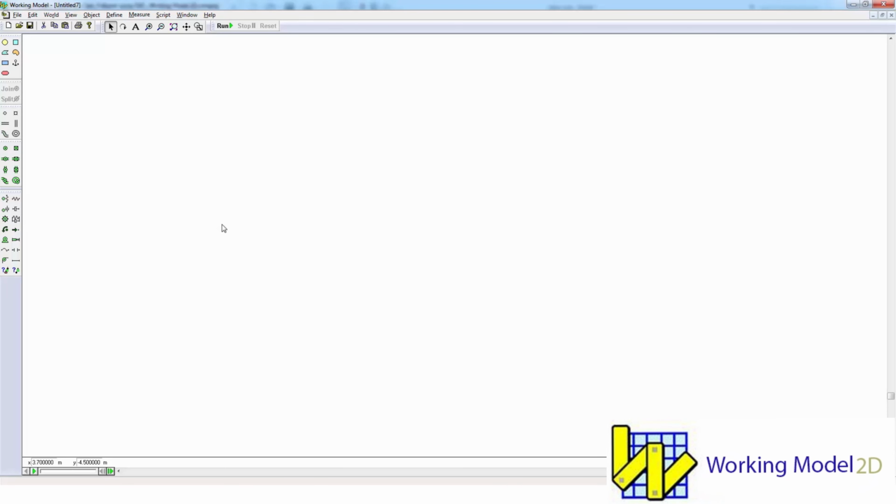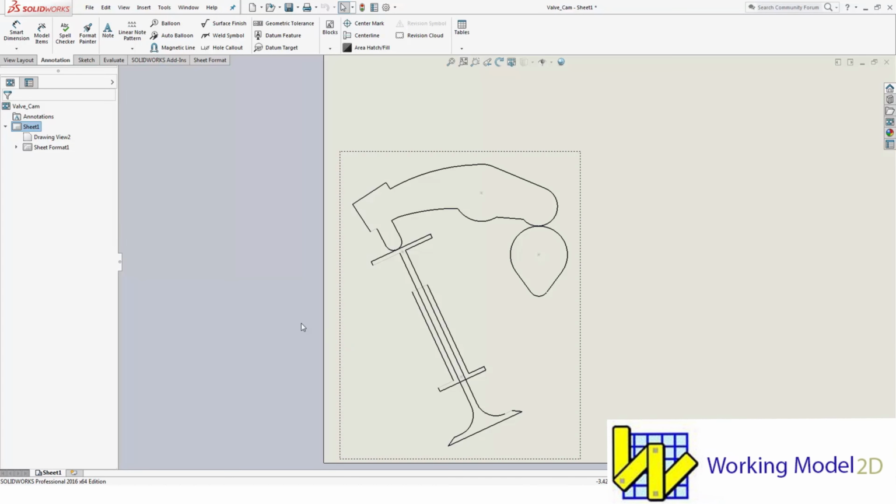So let's go ahead and get started by taking a look at our DXF geometry we have for this example. I'm running SOLIDWORKS in this particular case. It's not necessary that I run SOLIDWORKS, as we can get DXF geometry from any CAD system. What is important is that if we wish to create any constraints on this geometry once it's inside Working Model, that we add points wherever we wish to add a constraint. So you can see that I've added these point elements here, and when we get into Working Model, we're going to do an extra step with those to make sure that they come through successfully.